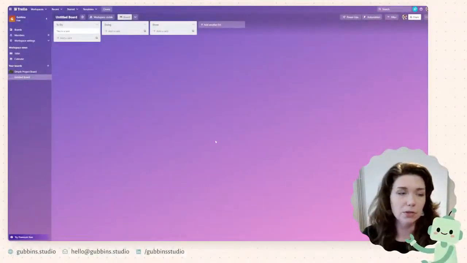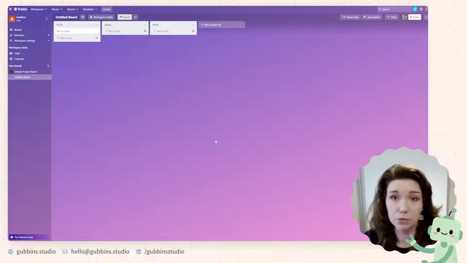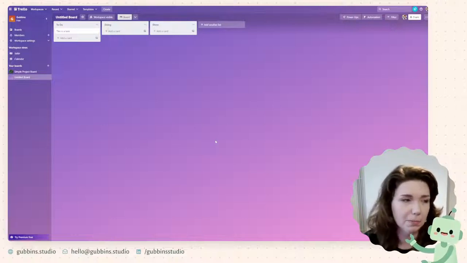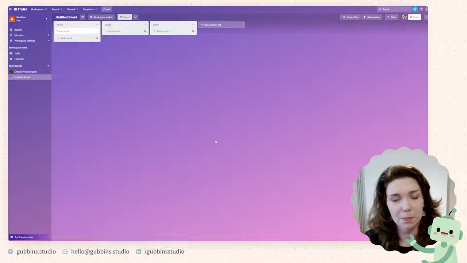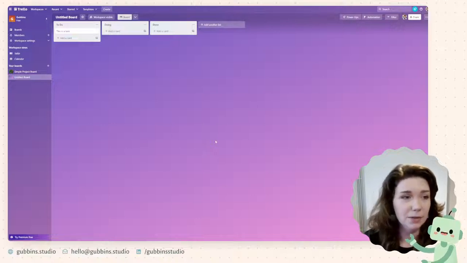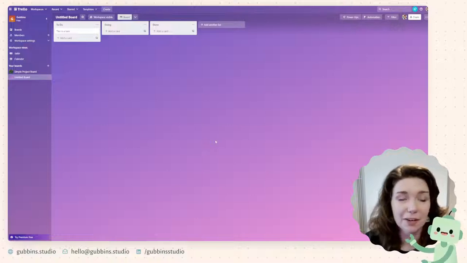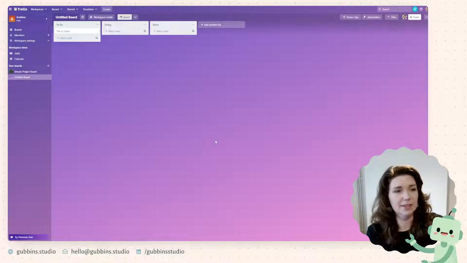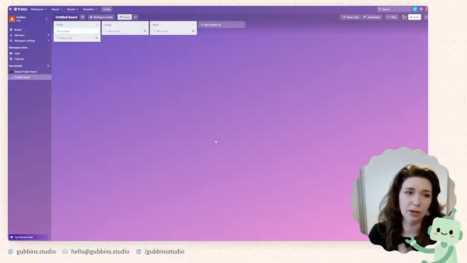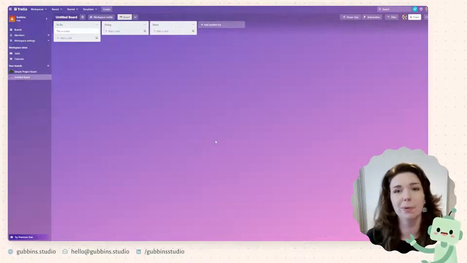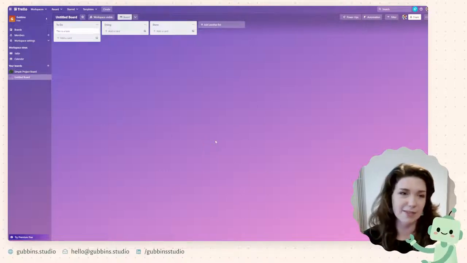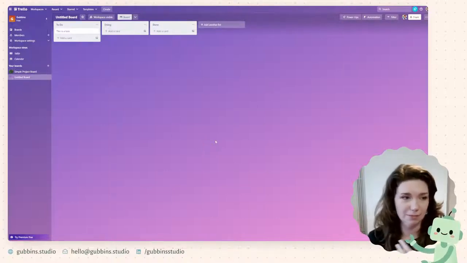So Trello's the tool I like to recommend for people who just need something very, very simple, basically post-it notes, but digital. I don't use it myself too much, but I'm familiar enough with it that I can at least show you the basics. So this is how it will look once you've gone through the onboarding, once you've set up your space and then set up your first board.